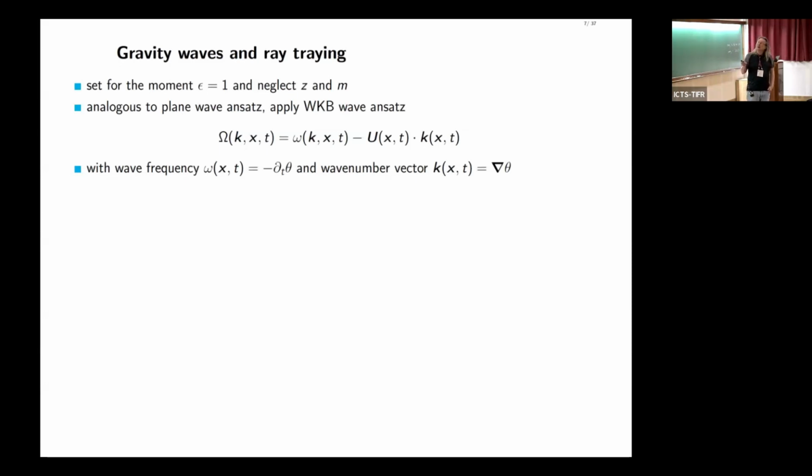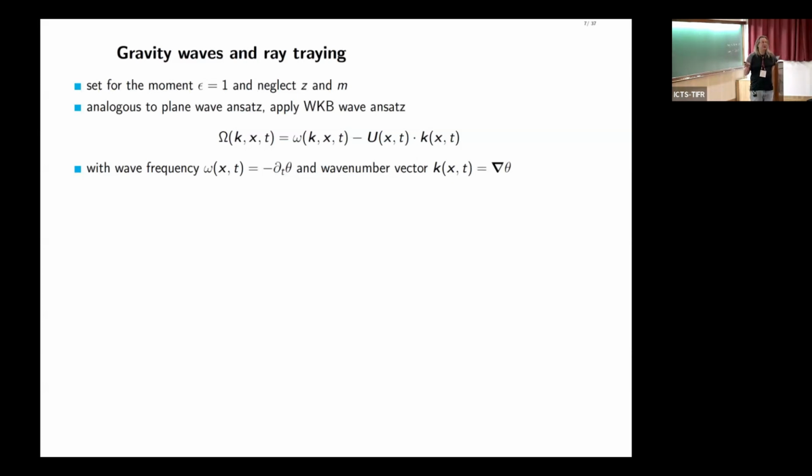And to make this point, it's convenient here to set this epsilon to 1. We don't need to talk about different scales here at this point. And also, we want to neglect the vertical, which is completely ridiculous for internal gravity waves. But for the sake of the argument here, it's easier. Otherwise, I always have to add m and z in these relations. So I do this. And then we apply the WKB ansatz, and then we have these dispersion relations, not only for